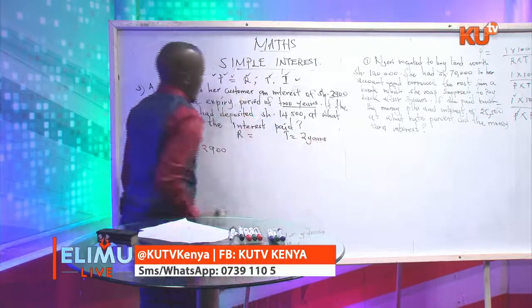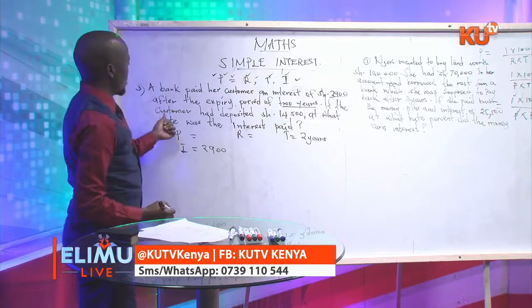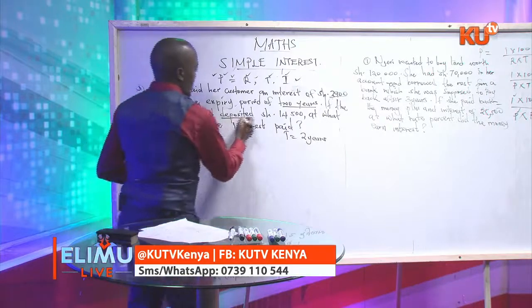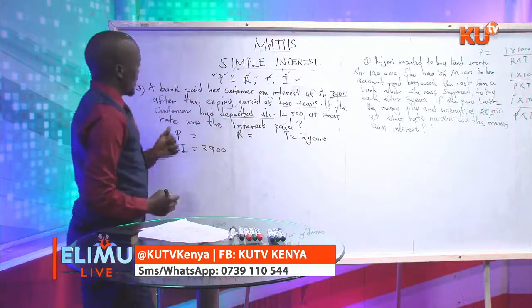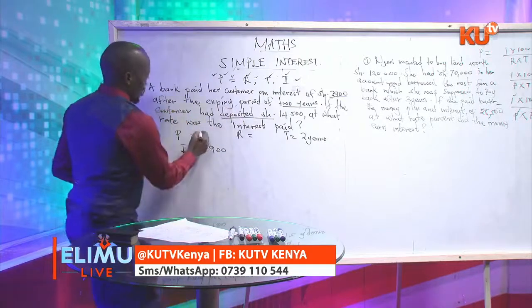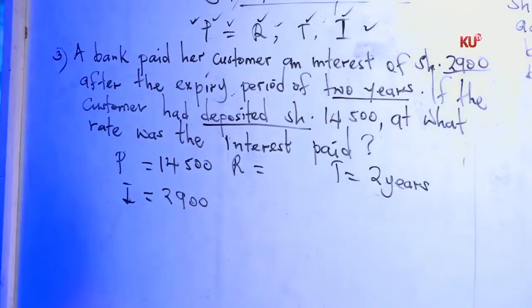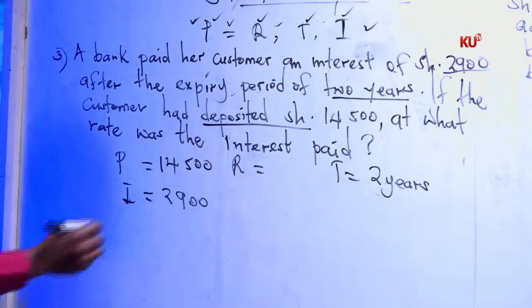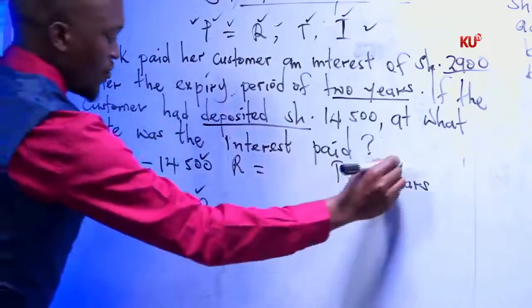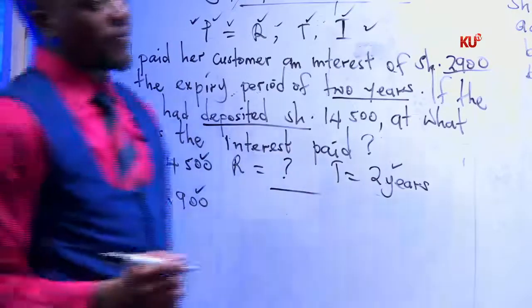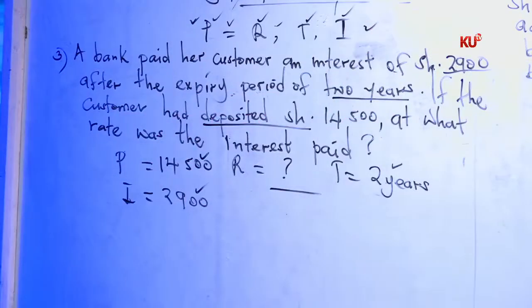2 years represents time. If the customer had deposited 14,500, I said at the beginning that money deposited or money borrowed is called principal. So that is 14,500. At what rate was the interest paid? After identifying all these, we find that what is missing here is the rate. And we go back to our formula and find we had listed them here. And we said that rate